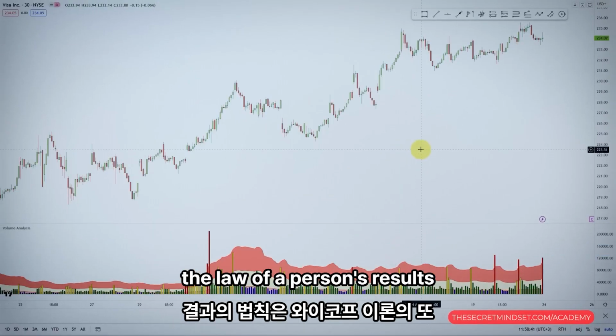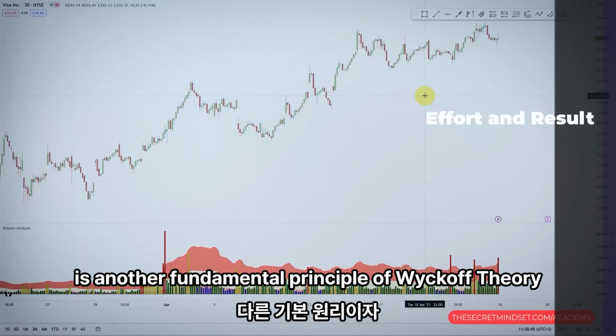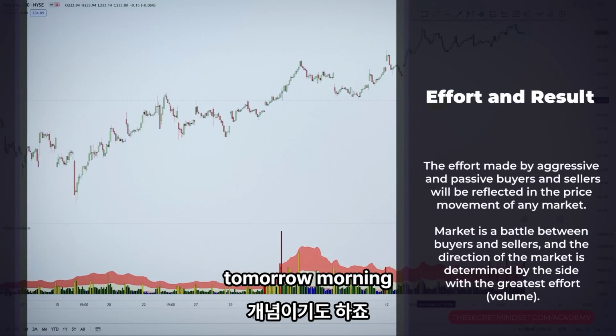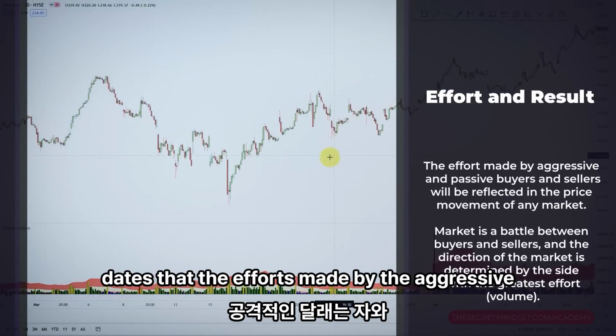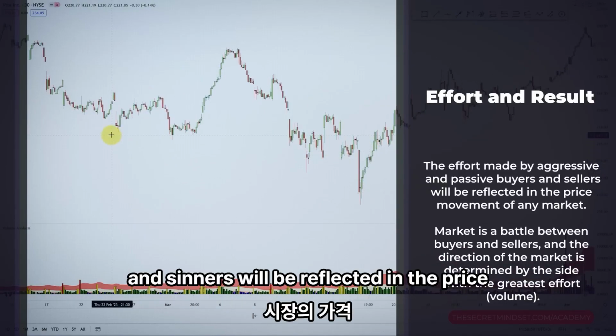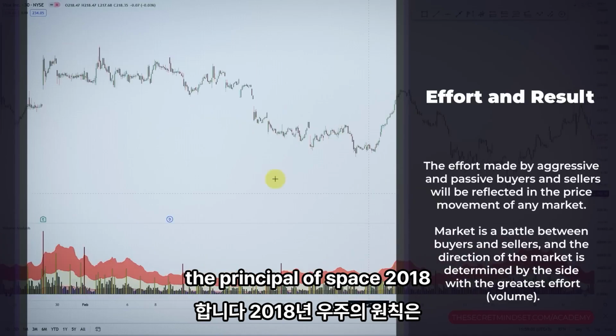The law of effort versus result is another fundamental principle of Wyckoff theory and one of the most important concepts to follow the smart money on any market. This concept states that the effort made by the aggressive and passive buyers and sellers will be reflected in the price movement of any market. The principle is based on the idea that the